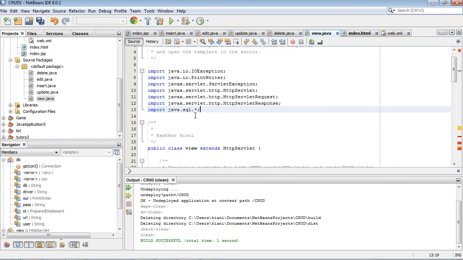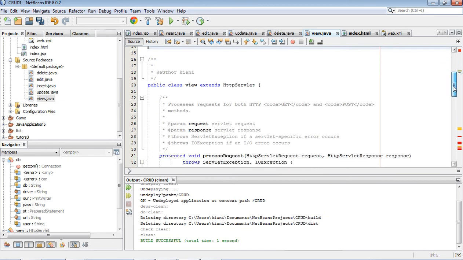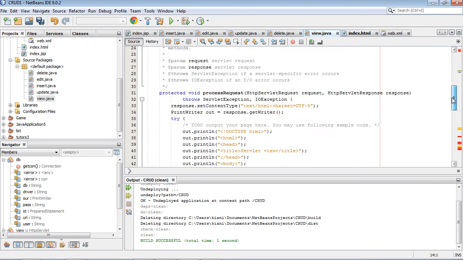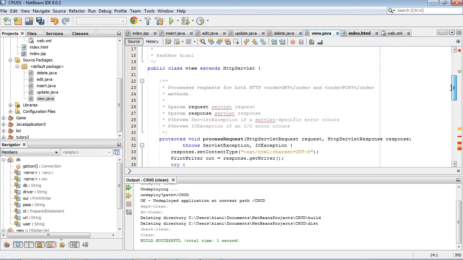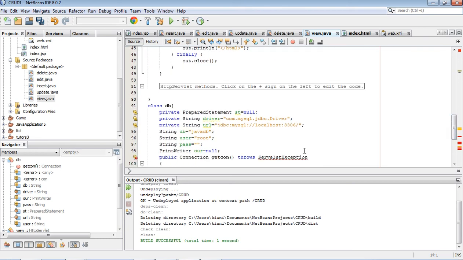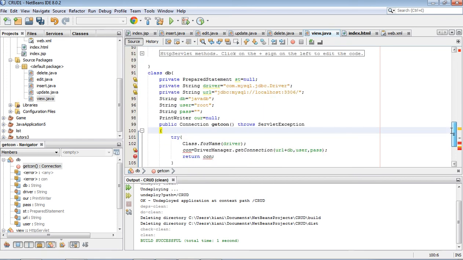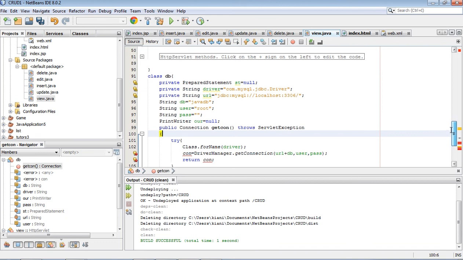Okay, to set the driver class, and we have connection is equal to, we will set DriverManager.getConnection(URL plus db, user, password).